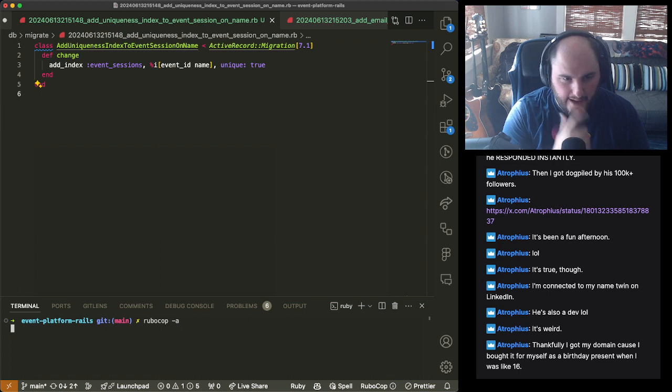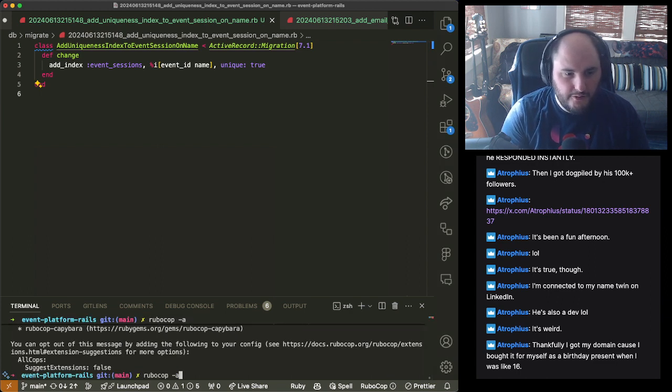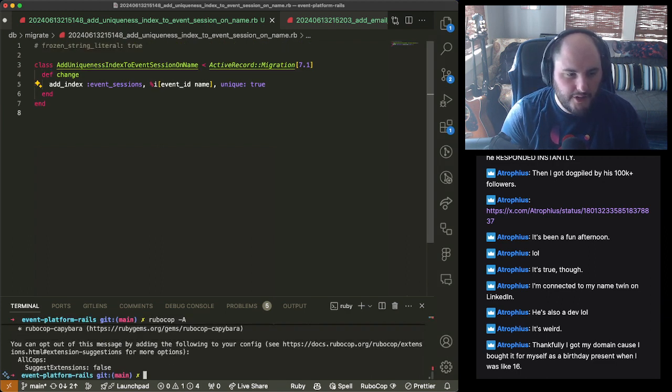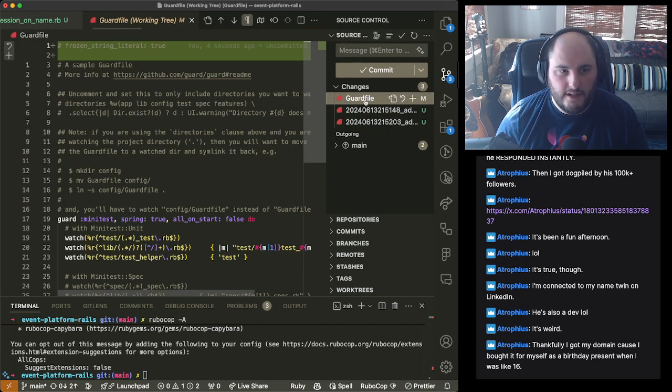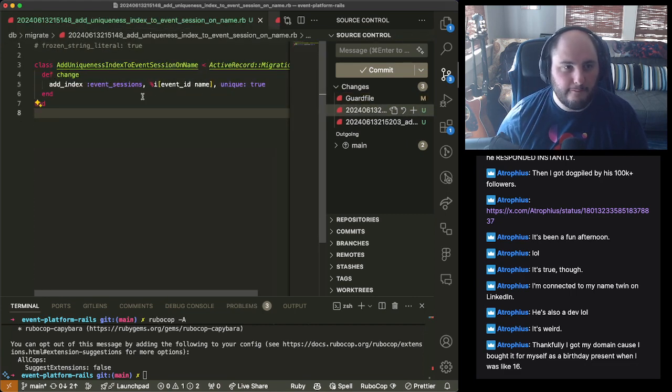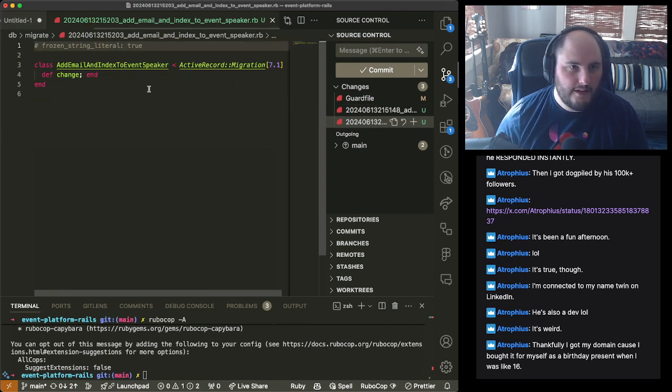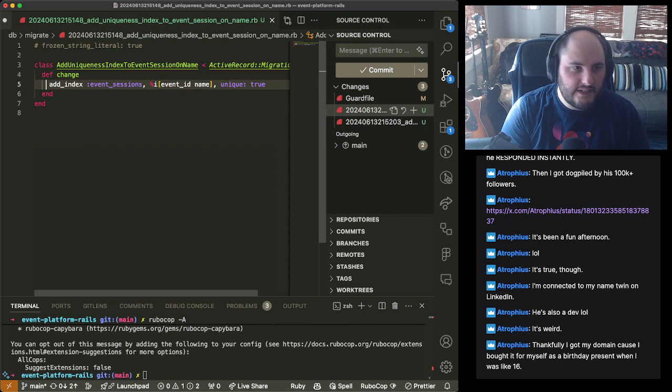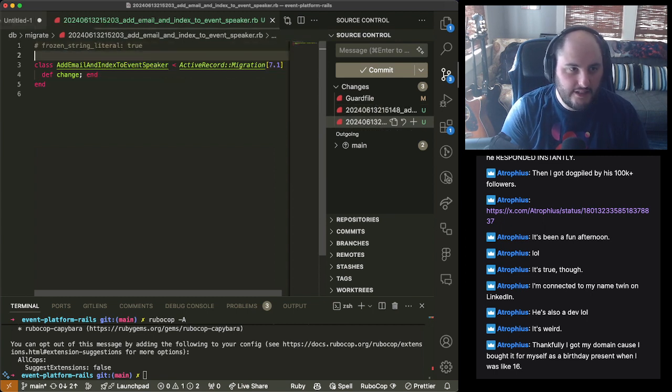Let's see how bad I've been doing. Probably been doing a very bad job of running Rubocop regularly. I should probably fix that, like my guard file. Okay, this isn't too bad. The files didn't get too far out of date. So we fixed our first one. We're going to want to borrow this syntax because I said we were going to do this to the next table too.